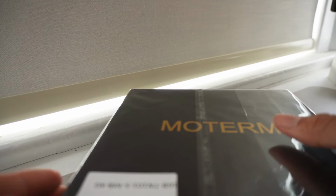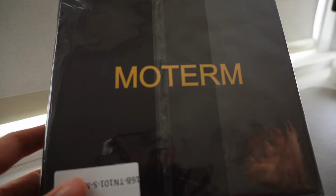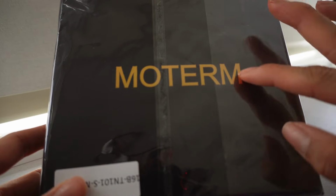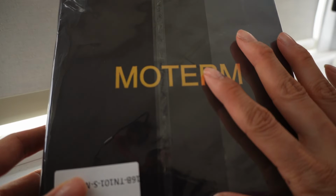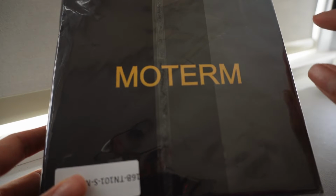Okay, guys, look what just came in the mail. I ordered a passport-sized traveler's notebook in the veg tan leather from Moterm. As you can already tell from the title of the video, I wanted to see how it would compare